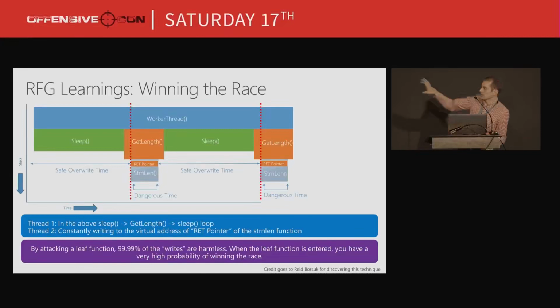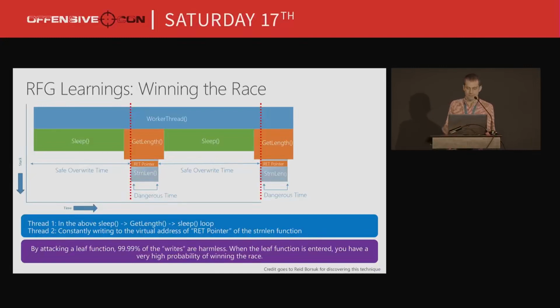Now, if you look at the stack depth over time, you can see that at the virtual address where that return pointer is stored, the vast majority of the time, that memory isn't being used by anything, because the sleep function's stack frame is much higher. It's not going to be corrupted. That means that if you perform a write to that virtual address at any given point in time, on average, you're going to be corrupting nothing. Now that's very good, because that means that his first condition is satisfied. Failures to win the race do not actually